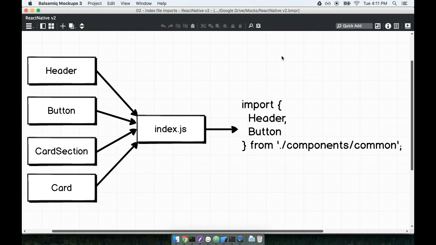Inside of our common folder, we're going to create a new file called index.js. Don't confuse this with the top level index iOS.js and index Android.js files. This is a completely separate index.js file. Inside of index.js, we will import the header, the button, the card section, and the card, and then we